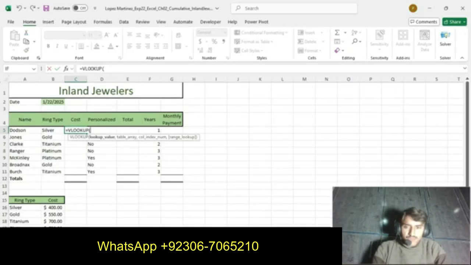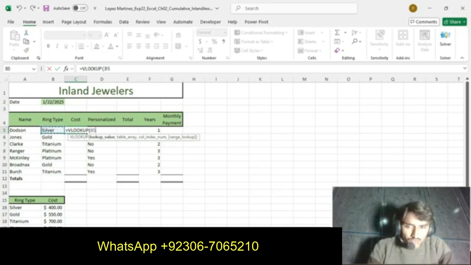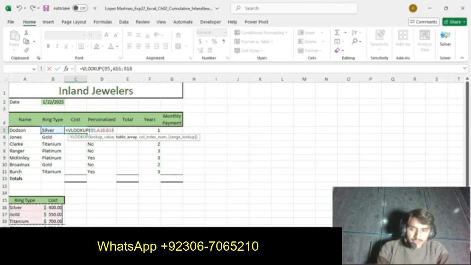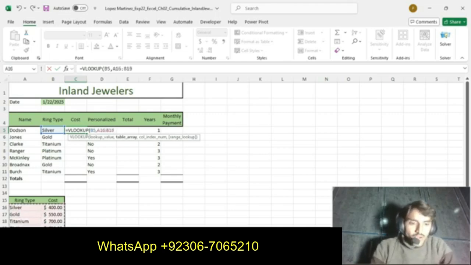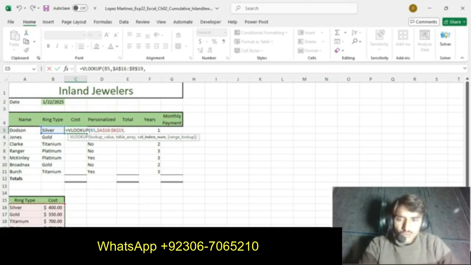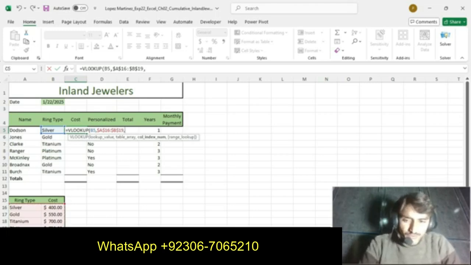Okay. So we get the cost of the first ring type. We press B5 for the lookup value. Then the table array. So the table array is here, and we select it. For absolute cell references, we press F4. Now the column index number.